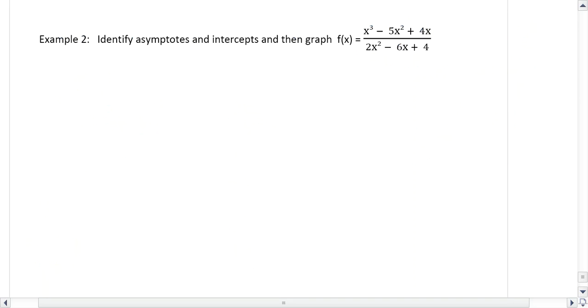In this example, we're asked to identify all the asymptotes that we can find and find the intercepts. Intercepts means where does it cross the x-axis and where does it cross the y, and graph it. So we're going to start by factoring both numerator and denominator, and if we inspect them, we realize, I hope, that there is a GCF for both of them. And we know that when we take out the GCF, our factoring becomes much easier. So factoring the GCF out of the numerator and denominator,